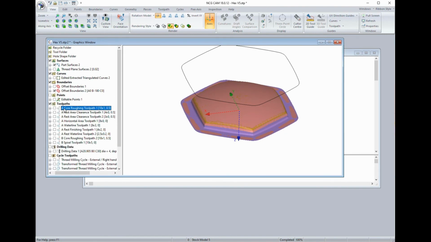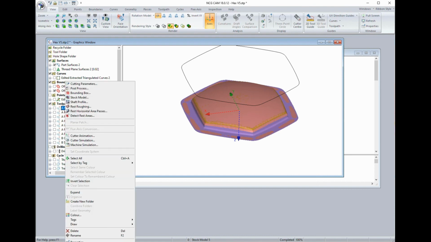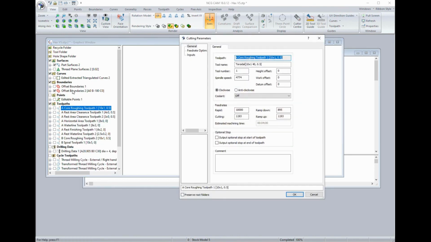If you want to post-process a program, you can just say post-process, and there's the things you can change here. You can change the rapid speeds and things and cutting speeds,